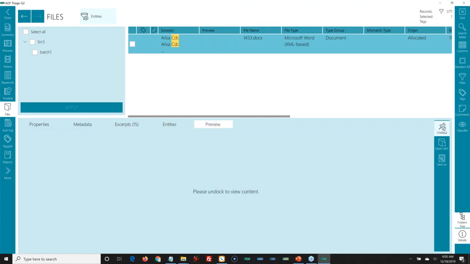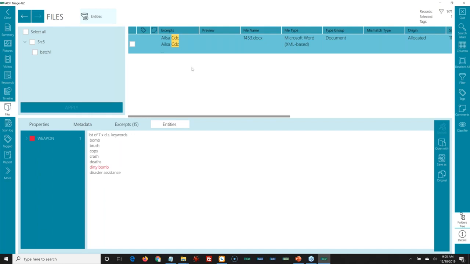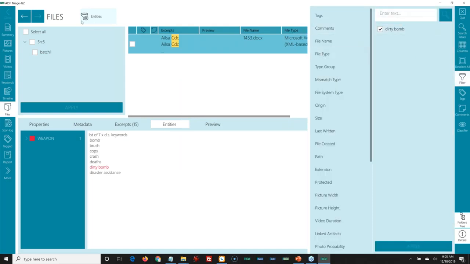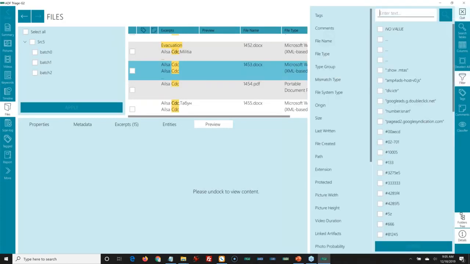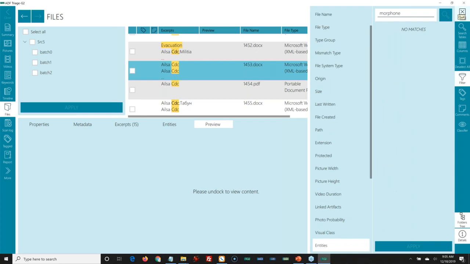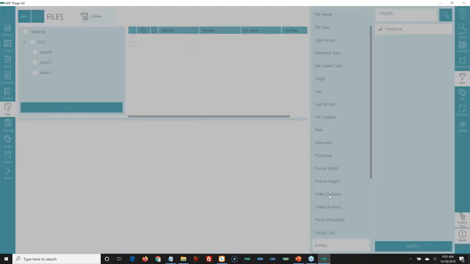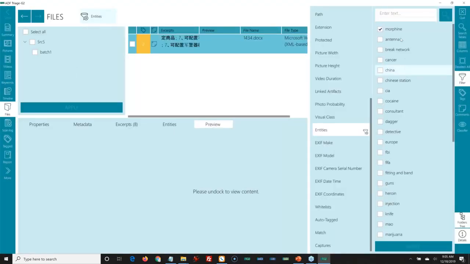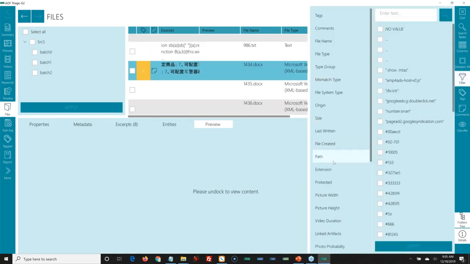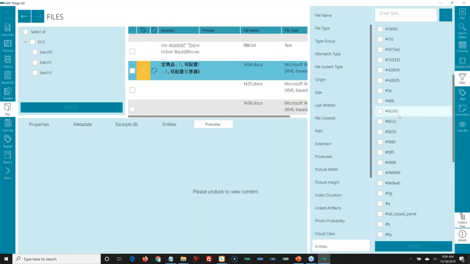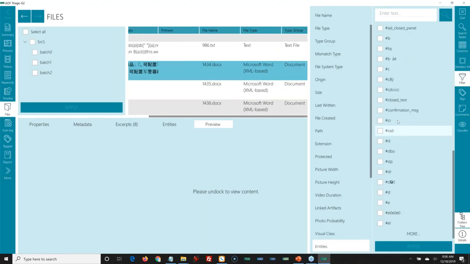And then if I wanted to preview it, I would be able to open that document as well and go through it. So go back, we were talking drugs before, so I could turn this filter off and go into here, and I think morphine was in one of those documents. So I start typing it, yep, and there it is, and hit apply, and now I'm back to that Chinese document. You can see all the different ones that are in here. Turn off that filter. Again, I can go through my entities and see what may be of interest.